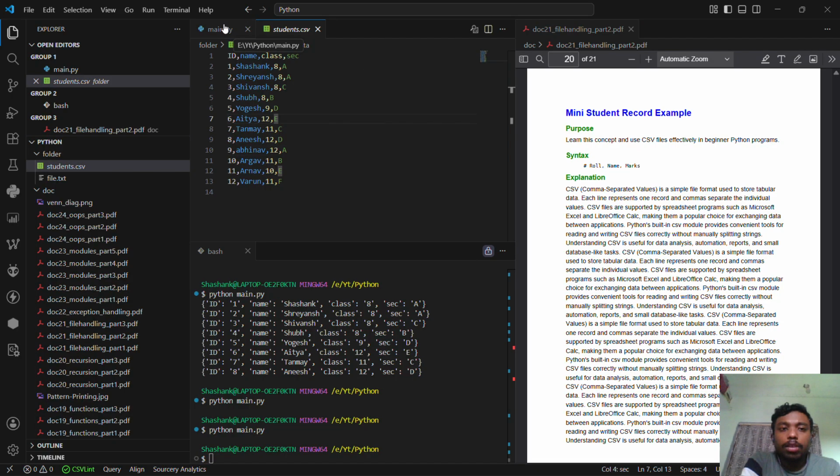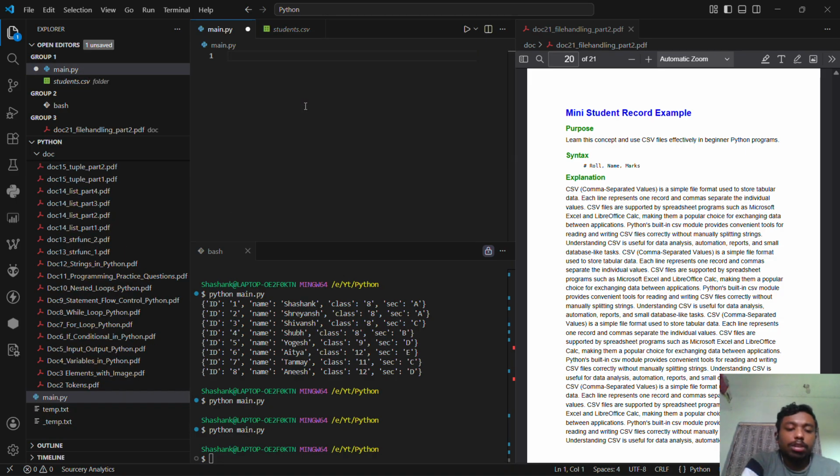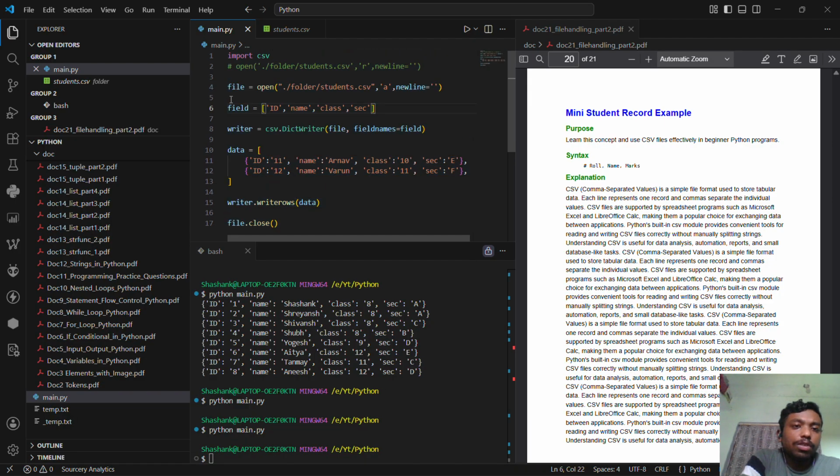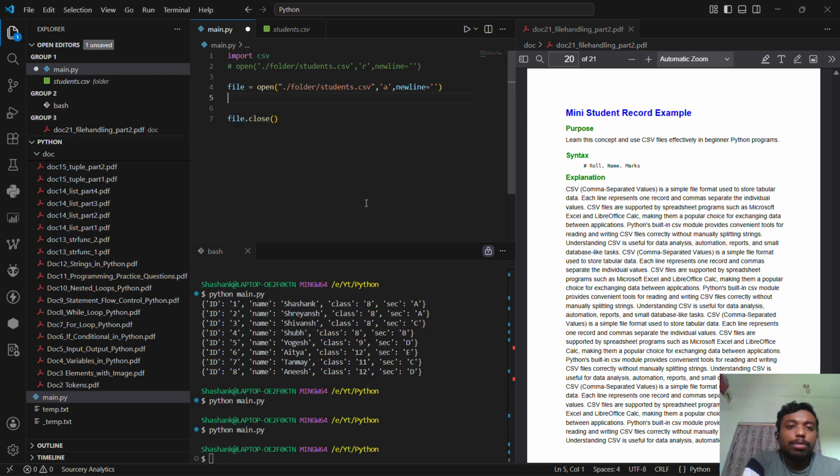Okay, there is one more thing which I forgot to tell. There is one more method which does not use file.close. Why? Because it is a safe method. Just like we have used the with operation for files, we can use the same for this CSV file operation. So now if I write something like, let's read it instead of appending, let's read it,